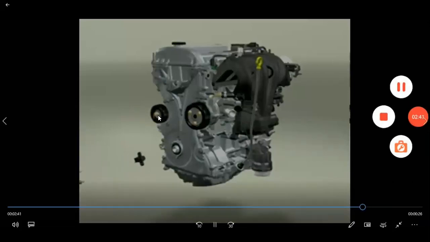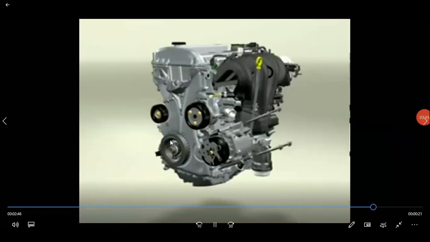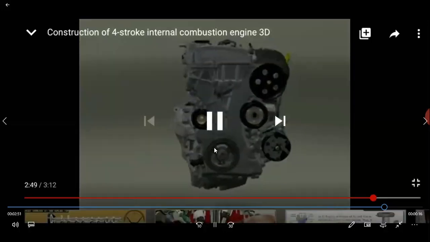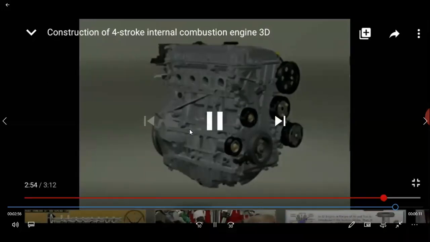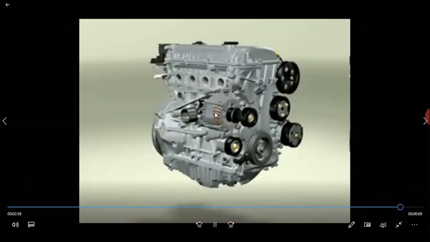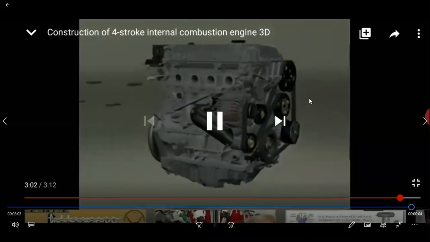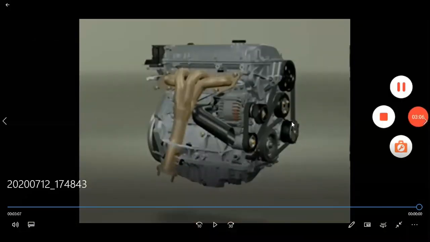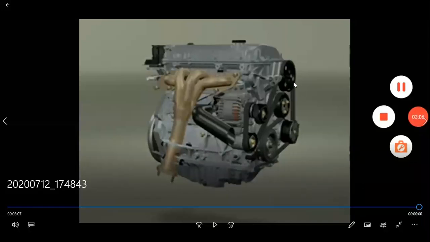This is the idler pulley. This is the pulley connected to the crankshaft. From the crankshaft only, the power is transmitted to the camshaft. There is an alternator also. This is also an idler pulley. This is your alternator, which is quite big. One single belt is connected to the crankshaft, and from the crankshaft it is connected to the alternator, the coolant pump, the camshaft, the compressor and all. See all these things. It is part of your internal combustion engine.